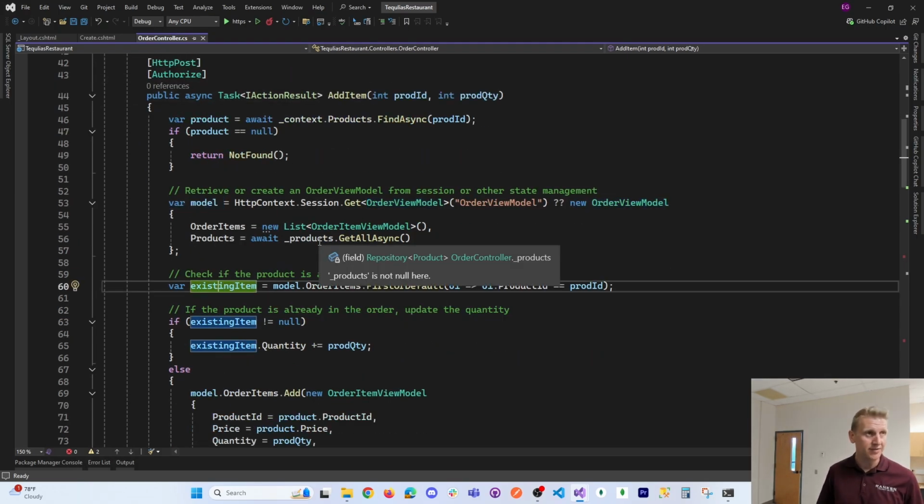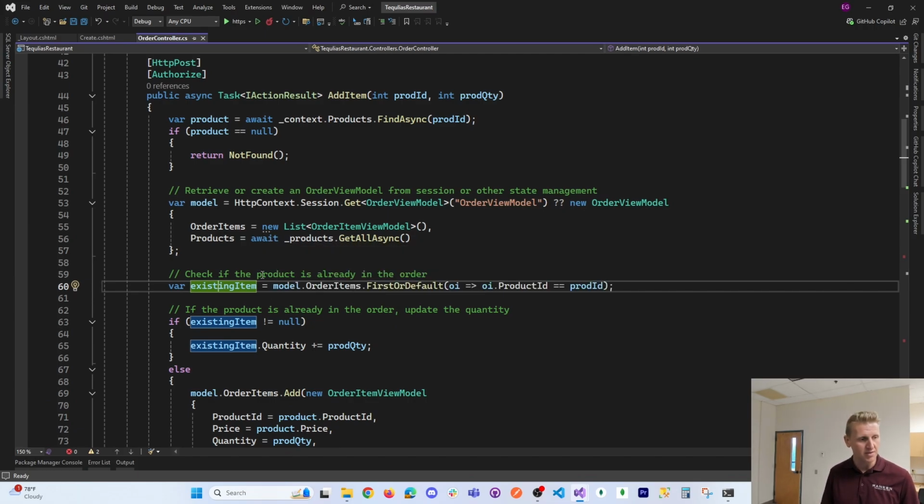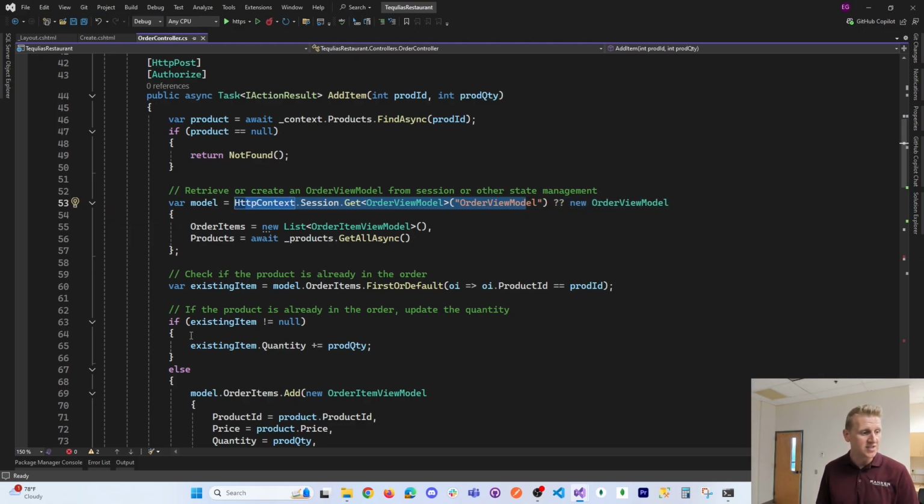Now, if we add a taco once, and we say we want 2 tacos and then fish tacos, and then we say we want 3 more fish tacos for a total of 5, we need to see if the fish tacos are already in our order items. Because if they are, we're just adding the quantity to it, right? So on line 60 is a little LINQ query to see if the product already exists in our order items. If we got it out of session and fish tacos are already in there, then we just need to update the quantity. So if the existing item is not null, then we just update the quantity property by the prodQuantity, right? Otherwise,